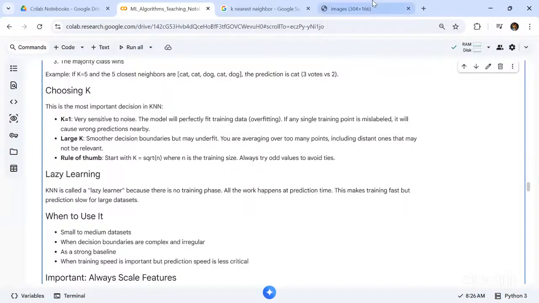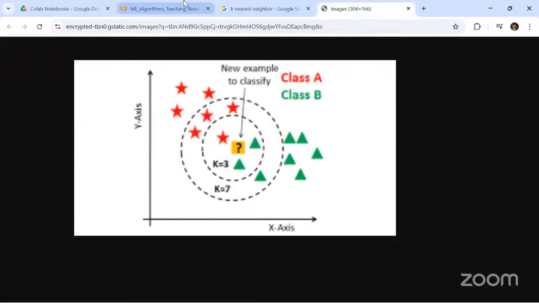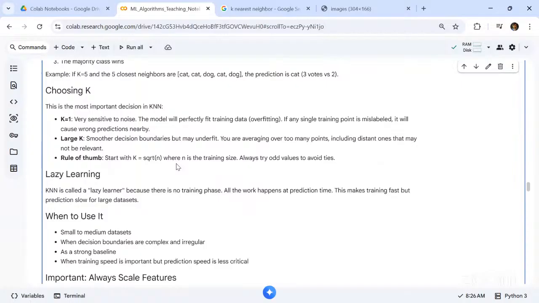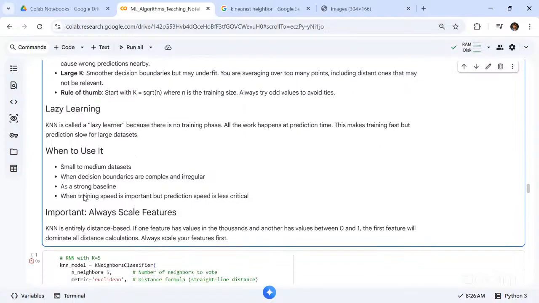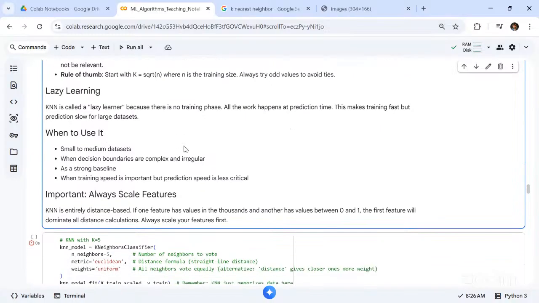चूजिंग K. अब ये चीज़ डिपेंड किस तरह करती है, हमने K किस तरह डिसाइड करना है। तो देयर आर रूल ऑफ थंब। स्टार्ट विद K स्क्वेयर रूट ऑफ N, जहाँ N इज़ अ ट्रेनिंग साइज़। ऑलवेज़ ट्राई ऑड नंबर्स टू अवॉइड टाइज़। K वन होगा बहुत ही सेंसिटिव, और K का कोई लार्जर नंबर होगा तो वो स्मूदर डिसीजन बाउंड्री देगा, but that will underfit the stuff. Lazy learning: KNN is a lazy learner because there is no training phase, all the work happens at prediction time. This makes training fast but प्रिडिक्शन स्लो फॉर लार्जर सेट।